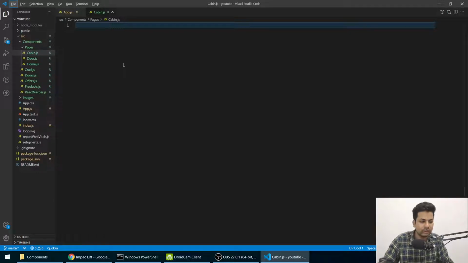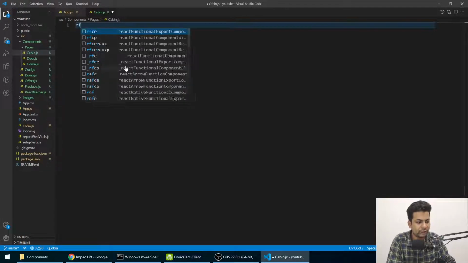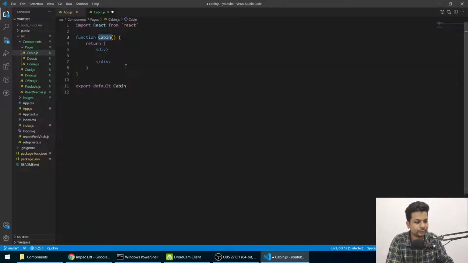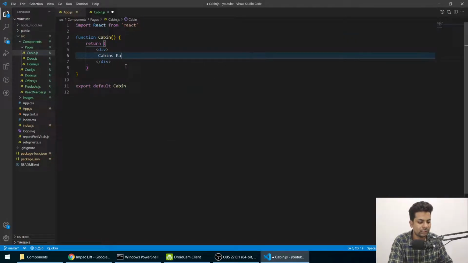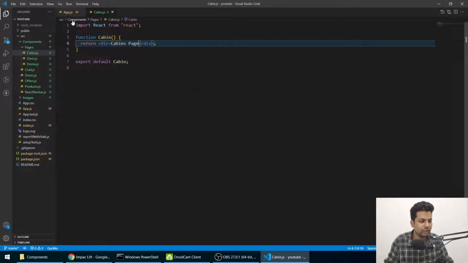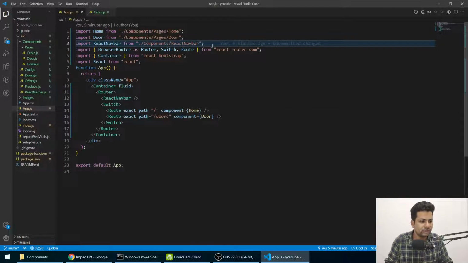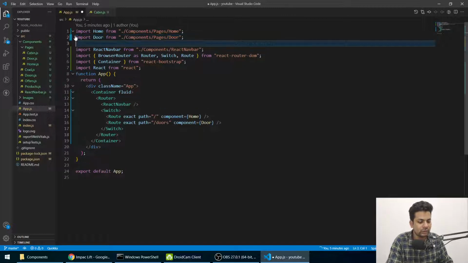So now we'll just make an RFCE component and we'll say cabins page. Okay, normal. And in the app.js, we'll just import that also. From this, we'll just copy and make it as cabin.